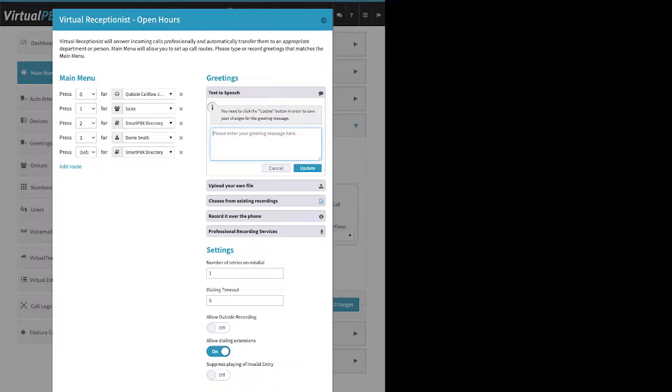You can enter up to 250 characters, not words. It does not count spaces. And then the system names the file for you. So because we're in my open hours and it's my main menu, the file name will be main open hours menu TTS. The downside is if I type in a greeting and I update, save changes,